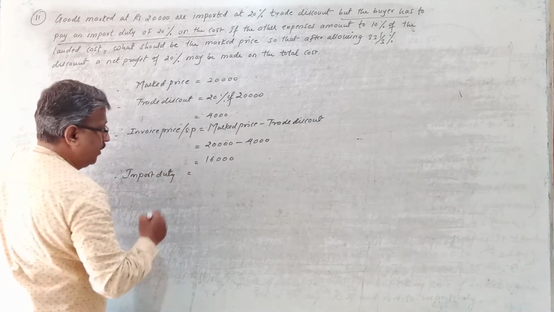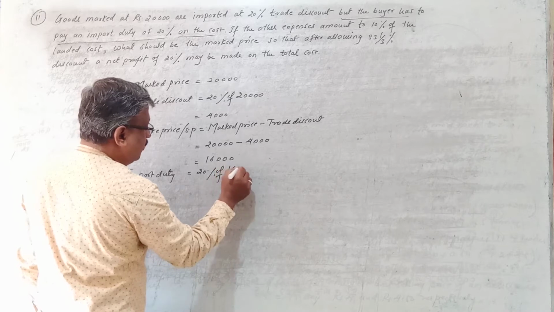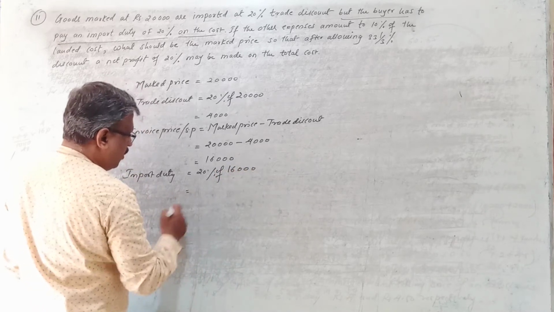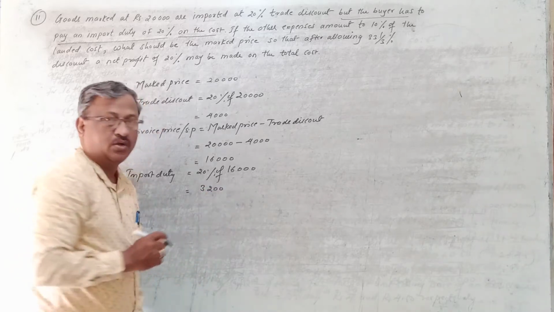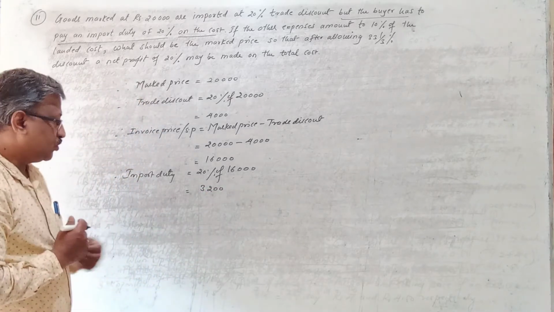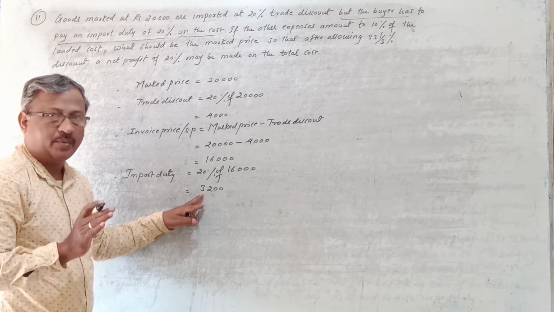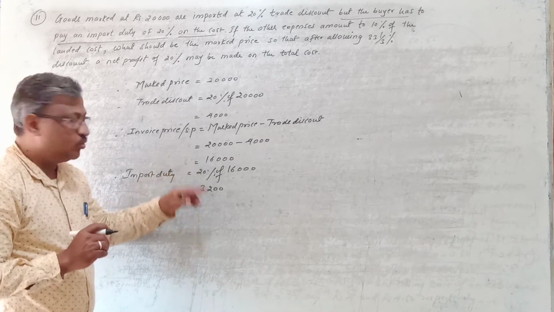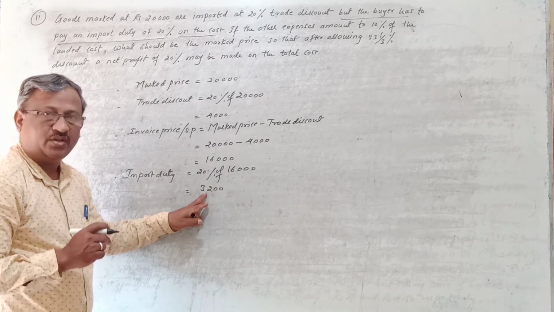Import duty will be 20% of 16,000. So 20% of 16,000 comes to rupees 3,200, right? So who has to pay this tax? Importer has to pay. Exporter will not pay. So to import the goods, he has to pay 16,000 to the exporter, plus he has to pay 3,200 rupees